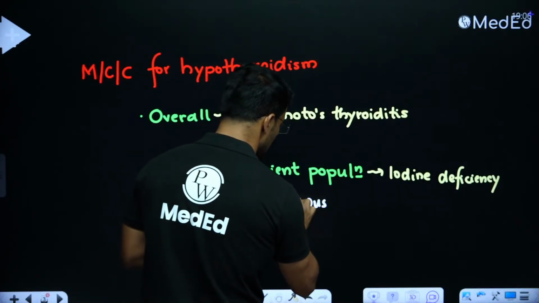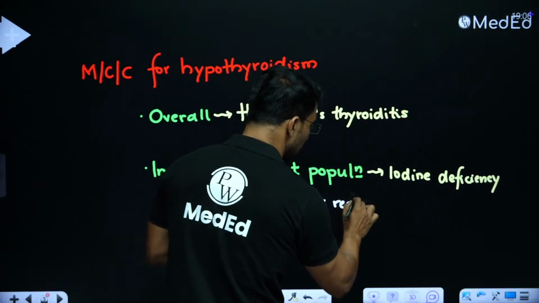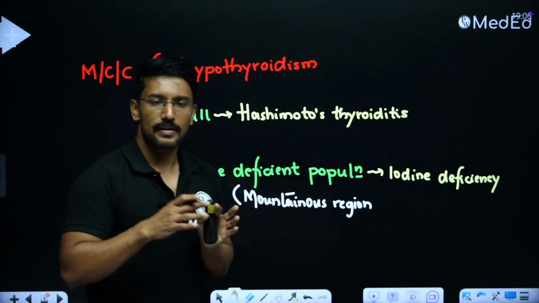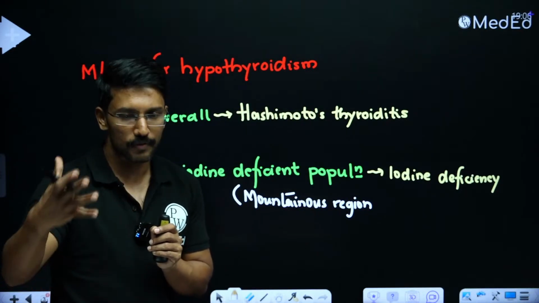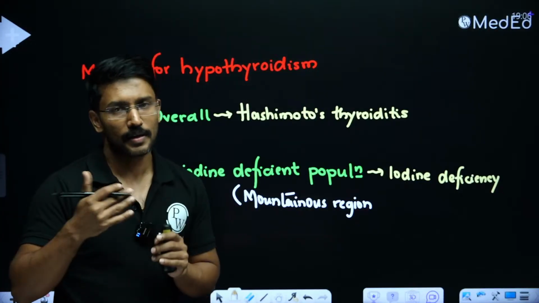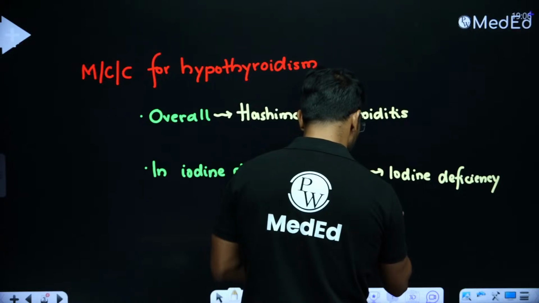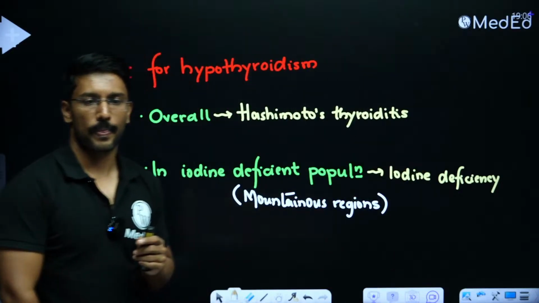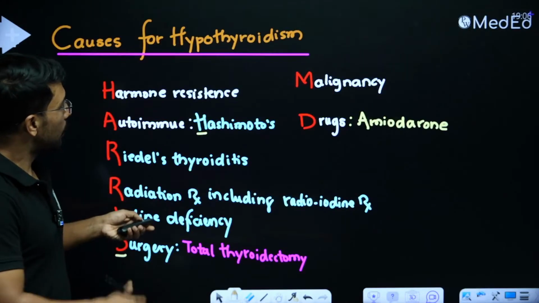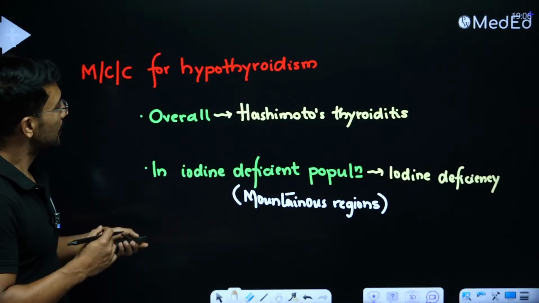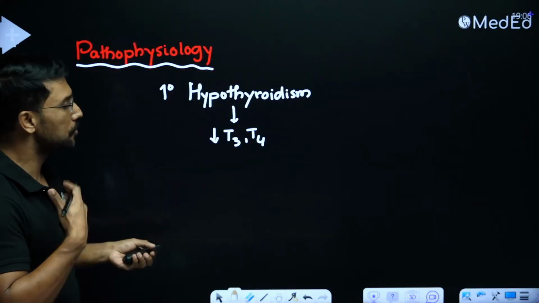Mountainous regions. In India, by default, the table salt is iodized. So whatever salt you are getting commercially packaged is iodized. So we are not having iodine deficiency as a major concern anymore in India. Okay. Now that we are aware of what causes hypothyroidism, let us try to understand what clinical features these patients